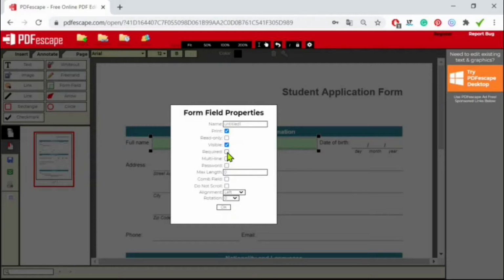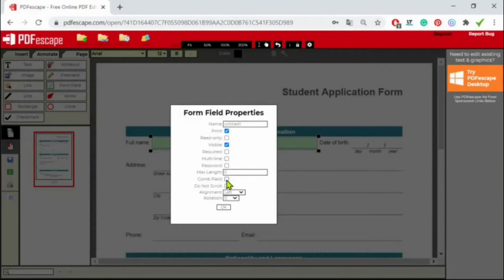And you can also allow multiple lines, add a password to protect your document, set a max limit to the number of characters people can type in the box. And you can always use this comb field here, which will break your box into separate segments for entering a set number of characters, such as a social security number, for example.